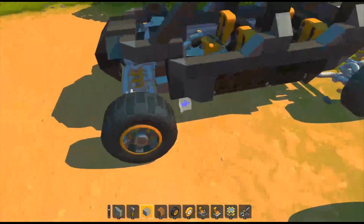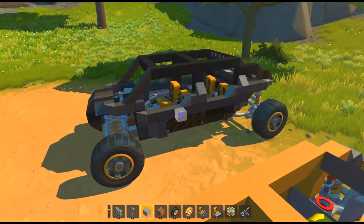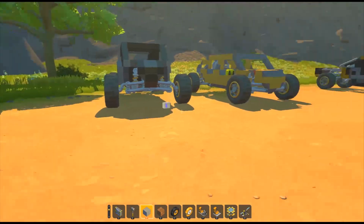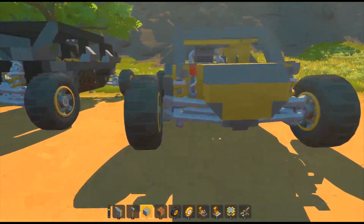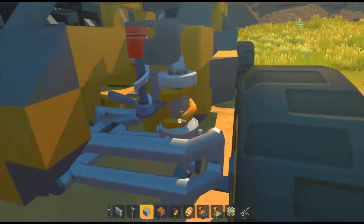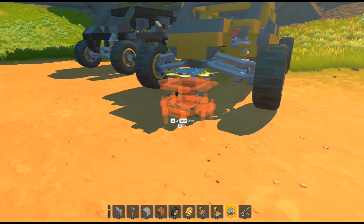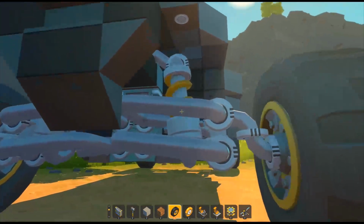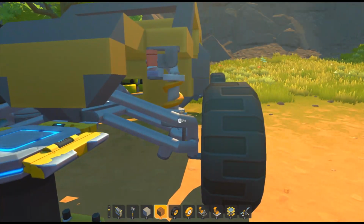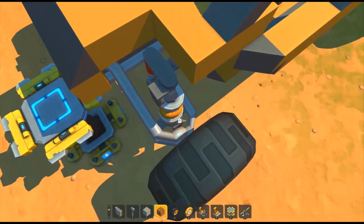I started with the seats, and then I built the body around it. It turns out mine's a little too wide. It's a little bit wider, but that's okay. And it's shorter. But I just used my typical spring and then reverse suspension to get the flex. This uses the old way I used to do it, which still works really, really well, especially for vanilla. But if you're using mods, I recommend this way. I think I have a tutorial on how to do this, but either way,